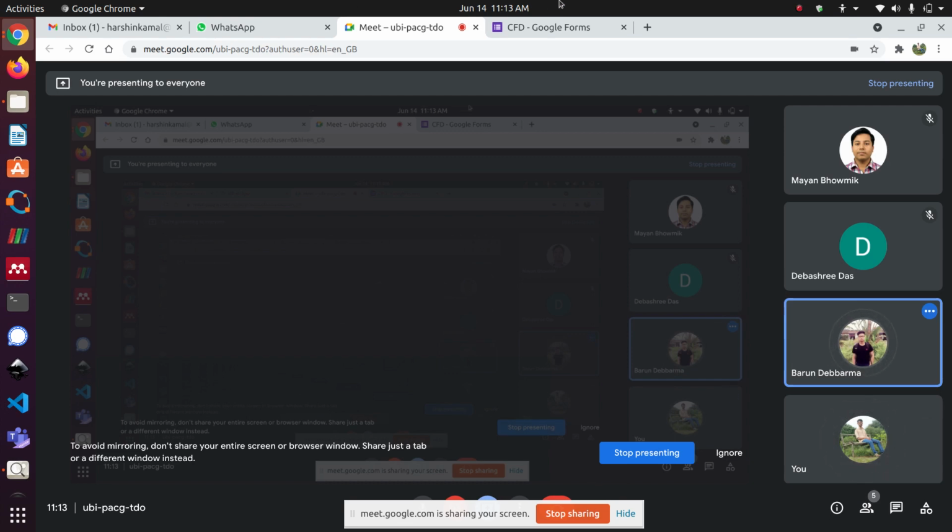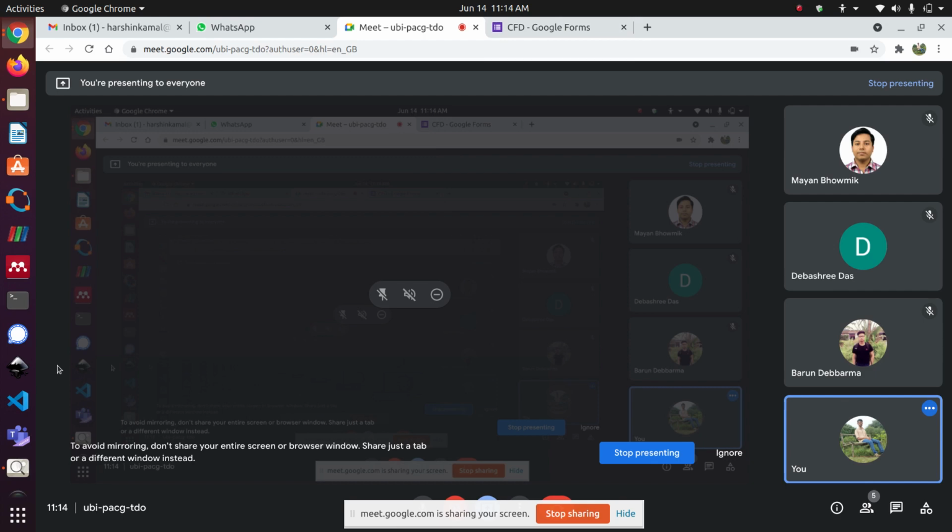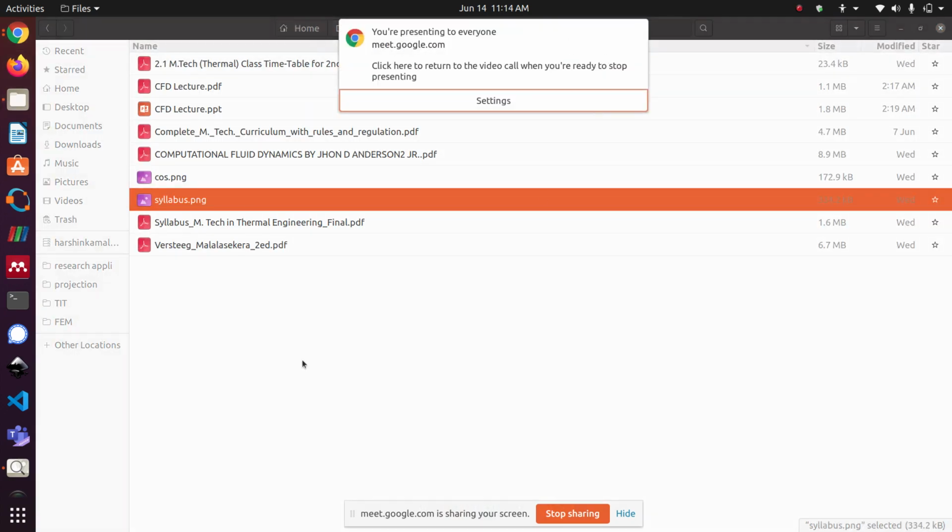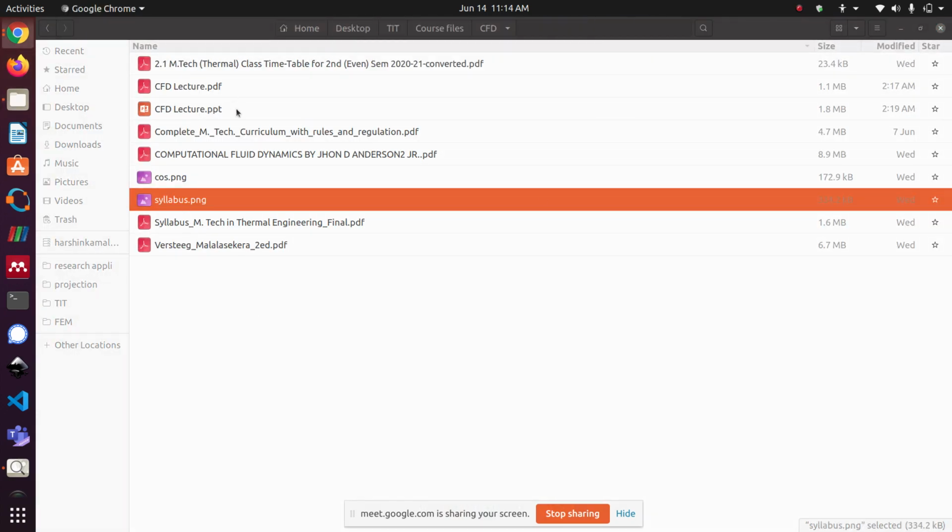ANSYS. Okay. So what we do with all those commercial software is basically CFD. And like ANSYS, there is an open source alternative called OpenFOAM. And there are several software named COMSOL Multiphysics and several others. Okay, before that you need some introduction. In the introduction I'll actually mention all these things.